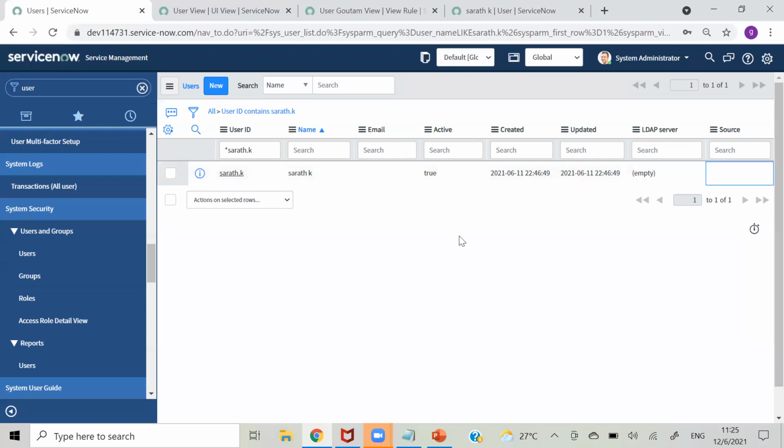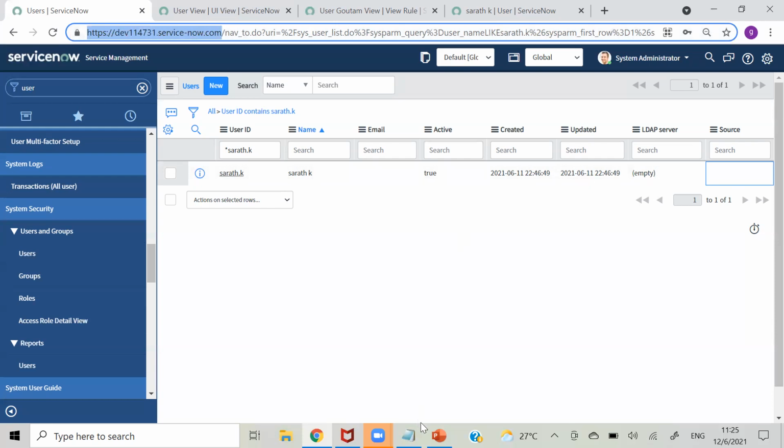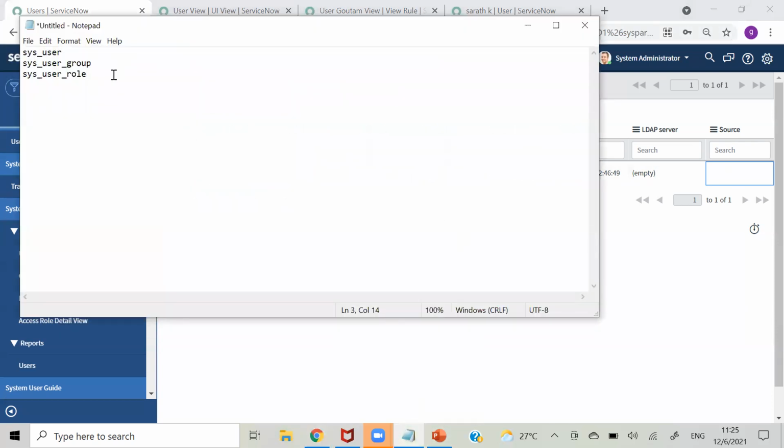And one more thing, I will take this URL. If that user got created from LDAP integration, he should log in with this URL, like your company name .servicenow.com.